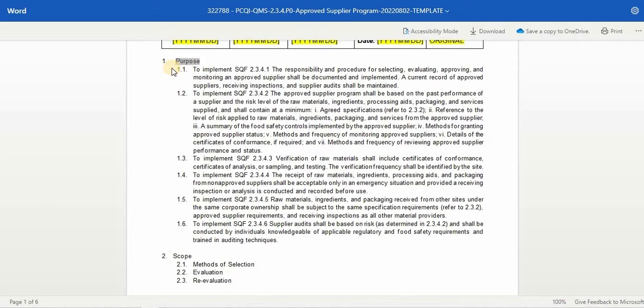First is purpose. The purpose is the implementation of any certification standard or compliance with a regulatory requirement. For this program, it is for implementation with the SQF Module 2 Edition 9 for food manufacturing under Clause 2.3.4. 1. To implement SQF 2.3.4.1, the responsibility and procedure for selecting, evaluating, approving, and monitoring an approved supplier shall be